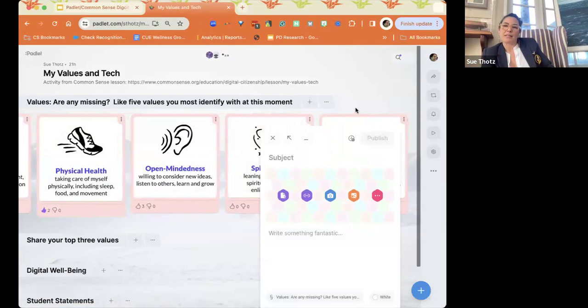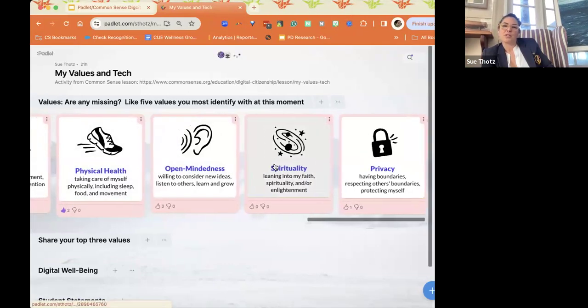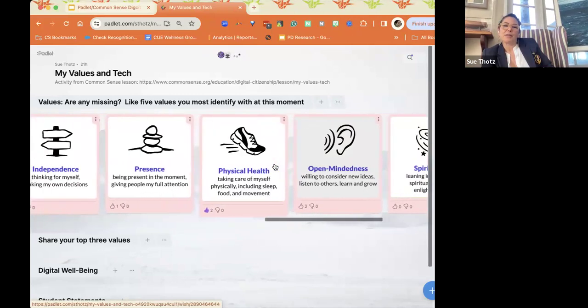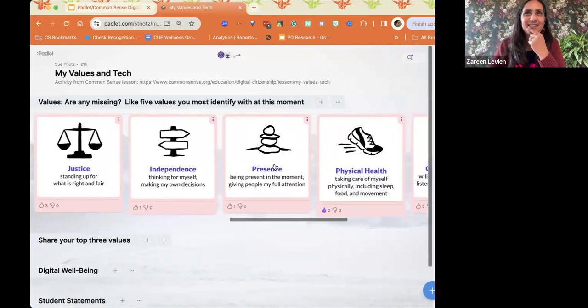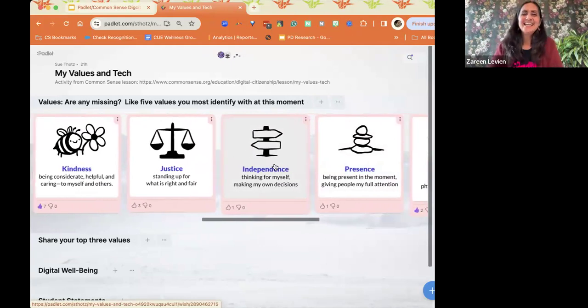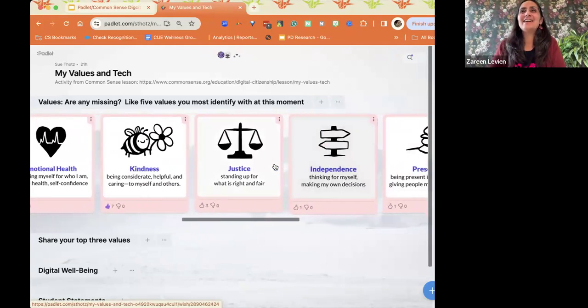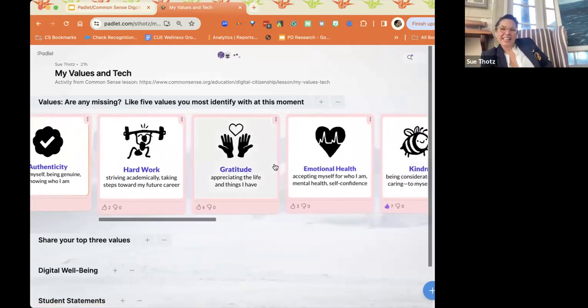I'm going to give you a couple more seconds as my students in here to like your particular values. Zareen, which of these values did you find to be most important to you right now in this moment? It was really hard to choose, but I chose connection, authenticity. Yeah, even with 5, it was hard to choose. Kindness, authenticity, open-mindedness stood out to me. Yeah. There were a lot of good ones.